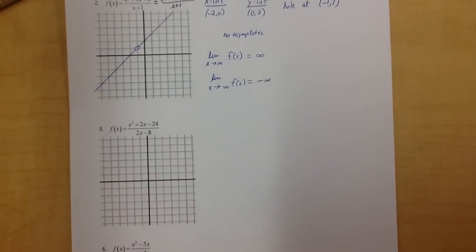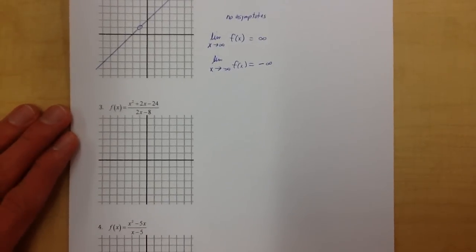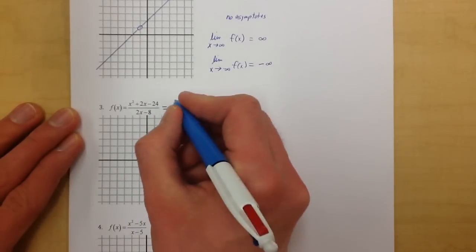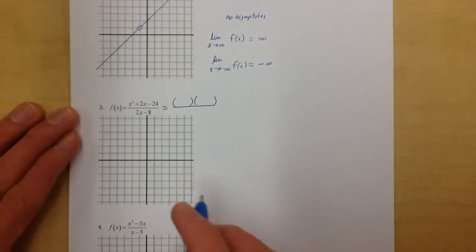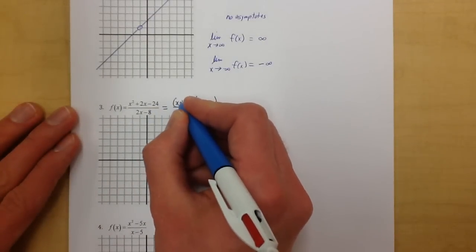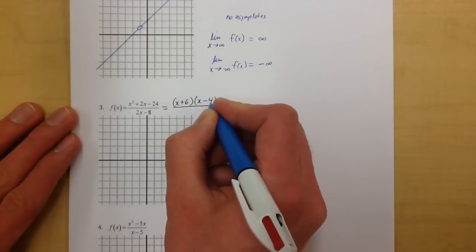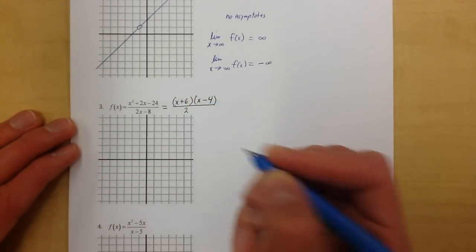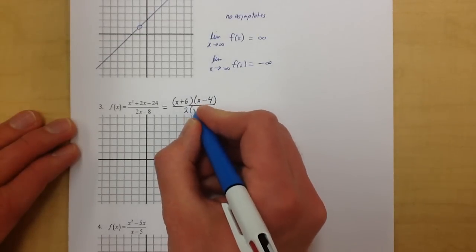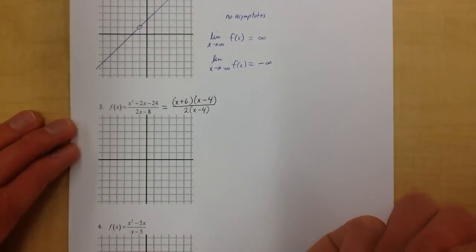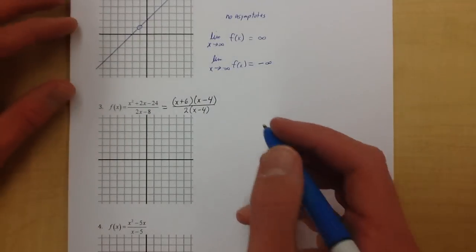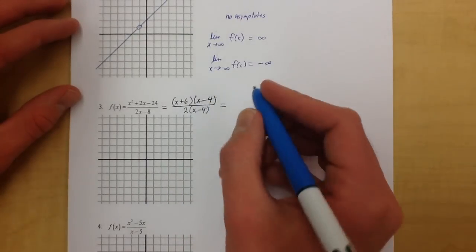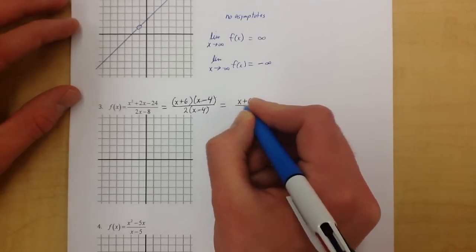Let's do number 3. We're going to have to factor and we're going to have to reduce. So let's keep going. Numerator factors into x plus 6 and x minus 4. Denominator factors into 2. There's a GCF. And x minus 4. You see what I see? That reminds me of a Christmas song. Let's mark them out. There we go. So it's really this